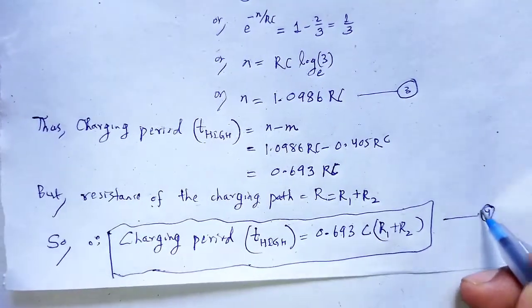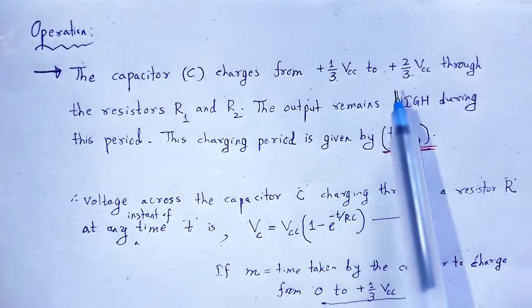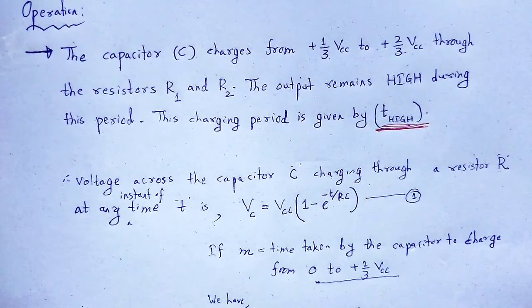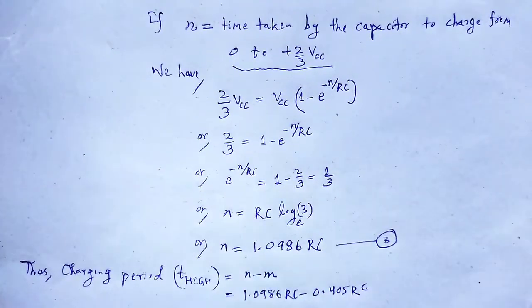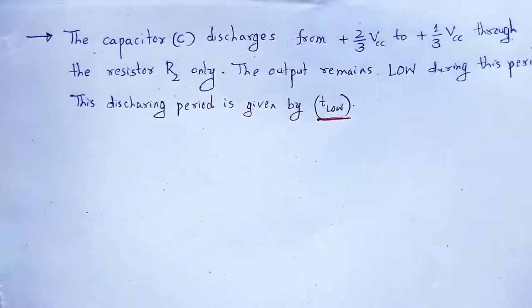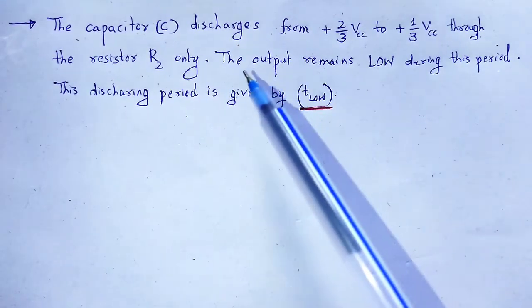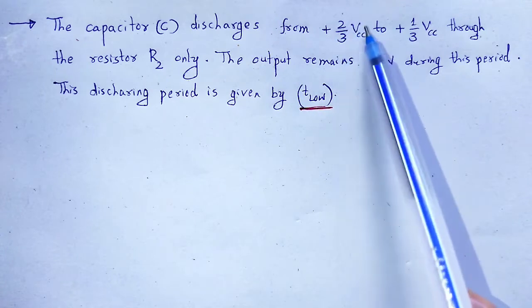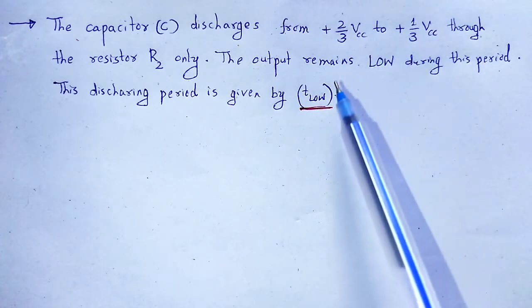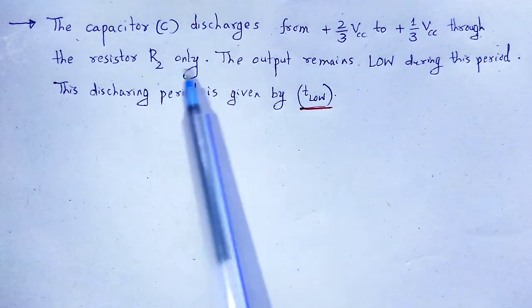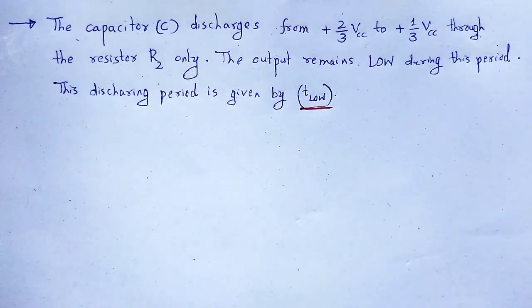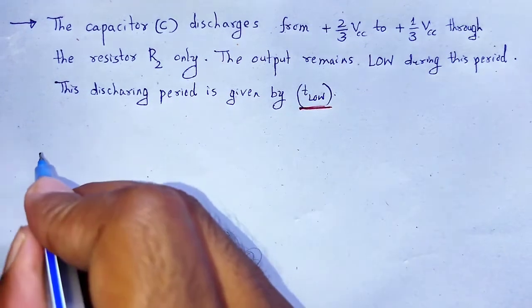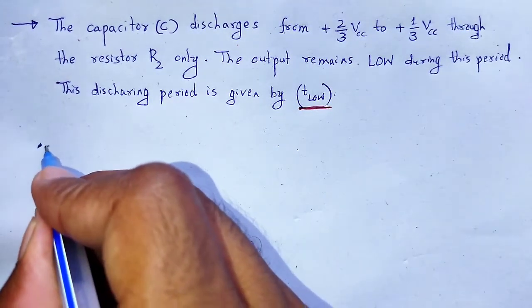Equation number 4, when that capacitor is charged. Another case, when the capacitor is discharged. Second, the capacitor is discharged from that potential to this potential, it is considered as T low through the resistor R2. During that case we have to calculate what is T low. Therefore,